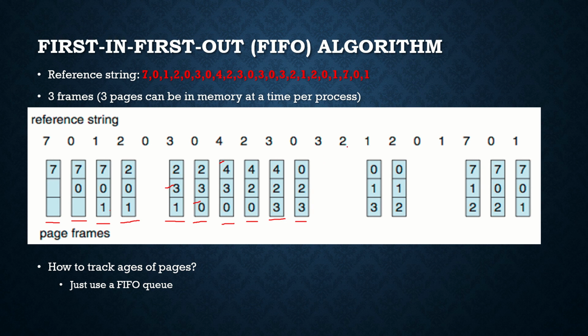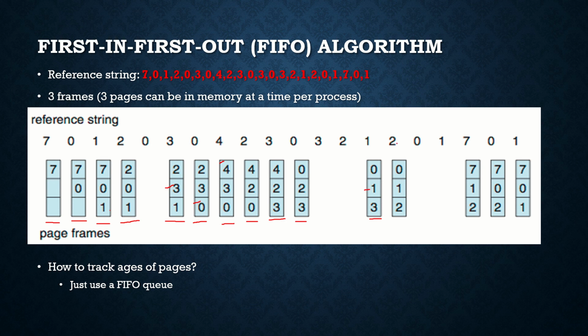Okay. Again 2 is coming. 2 is again the same; 2 is there in the memory, so no need of page fault or page replacement. Again 1 is coming. 1 is not there in the memory, so it will have a page fault. Now 1 has to replace whom? Among 0 2 3 we have to see which entered first. 0 entered just now, 2 entered here, and 3 entered here. So it will replace 2 with 1.